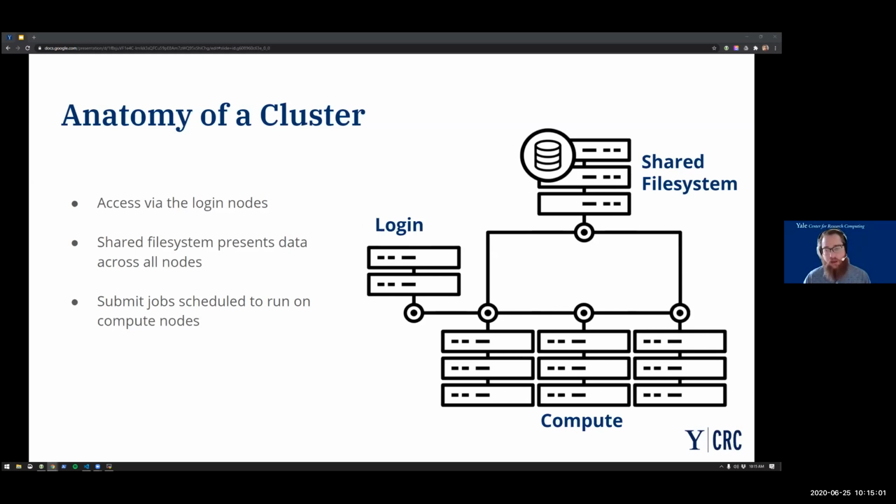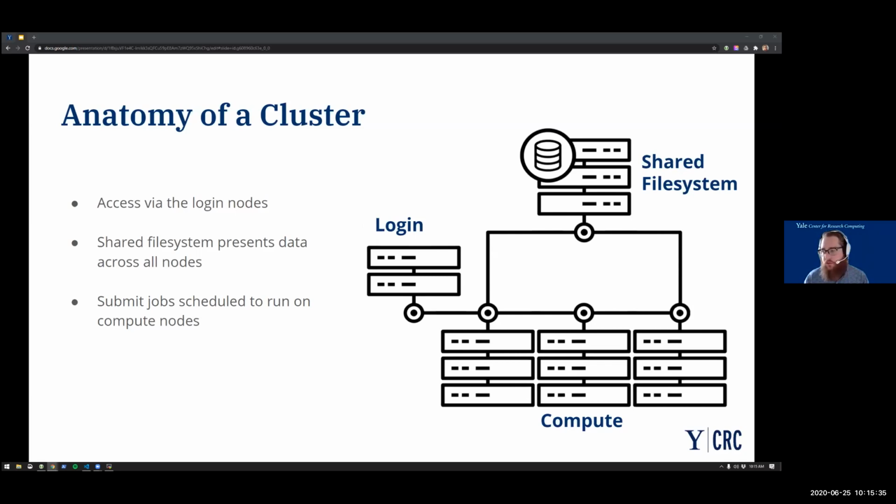The other thing that most compute clusters have in common is what we call compute nodes. This harkens back to when compute clusters had a lot to do with graph theory. Each of these servers that allows you to do your computation we call a node, as if they are nodes in a graph. And finally, the other common theme is the login nodes.